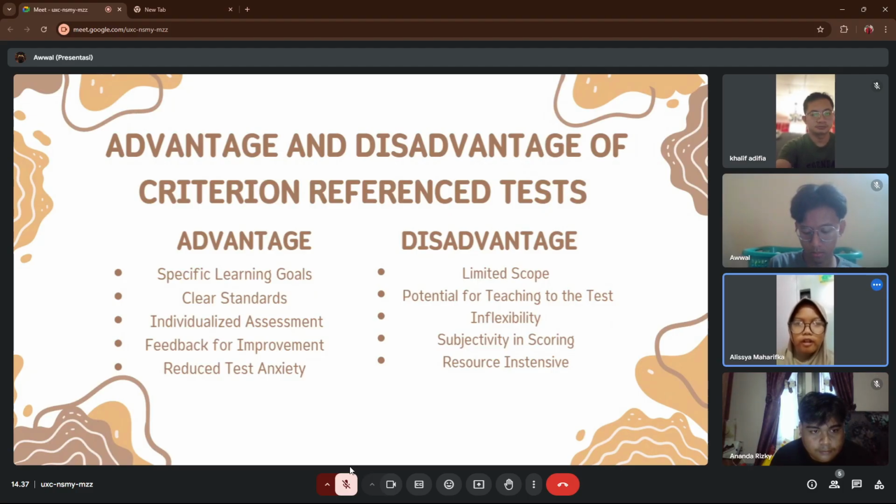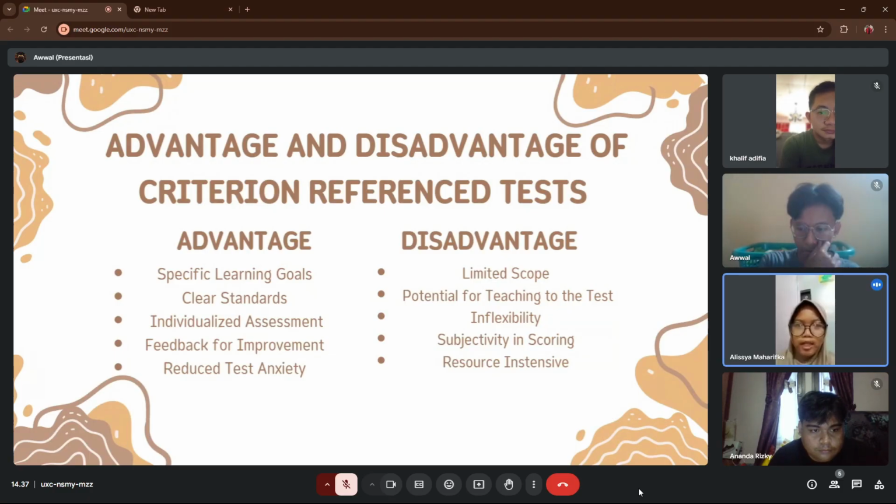Four, feedback for improvement. They can provide detailed feedback to students and educators about areas that require improvement, facilitating targeted intervention.